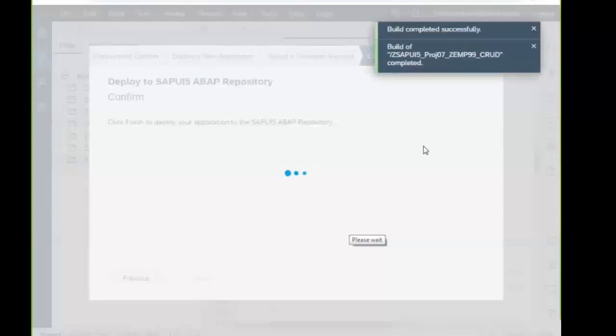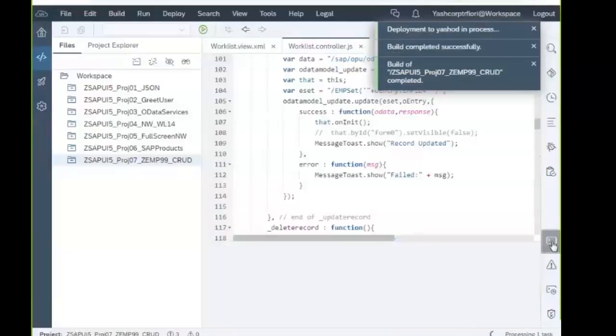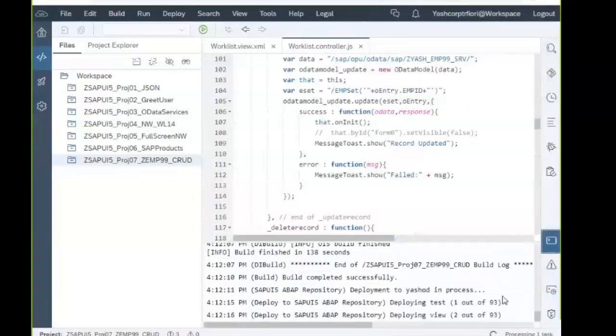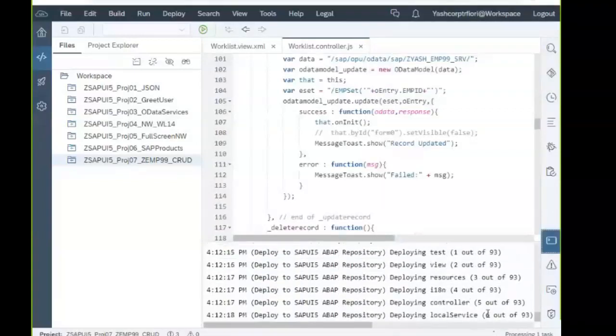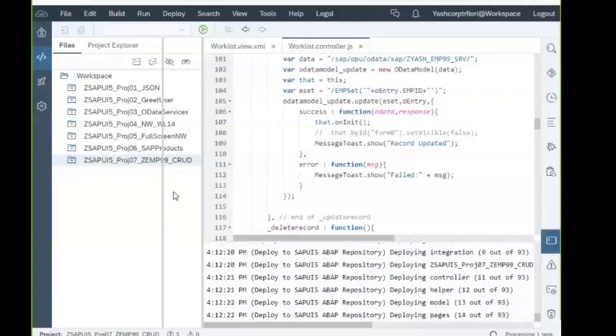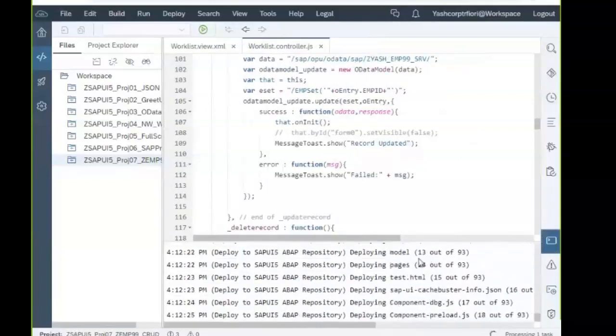Build is complete. Now it will start the deployment process. So you have a console here. You can check the console for any files that are missed out, or anywhere it is stopping. If it stops anywhere, you can inform the basis team. Take a screenshot. If it moves on, everything is good.